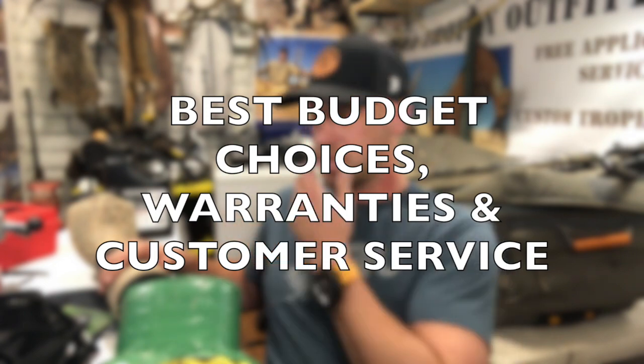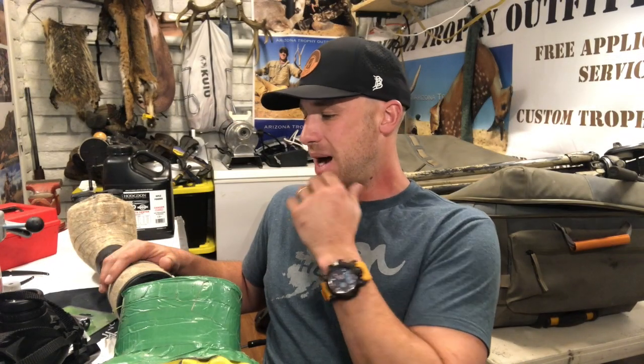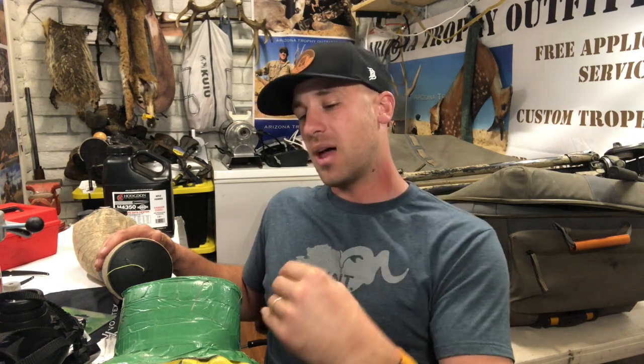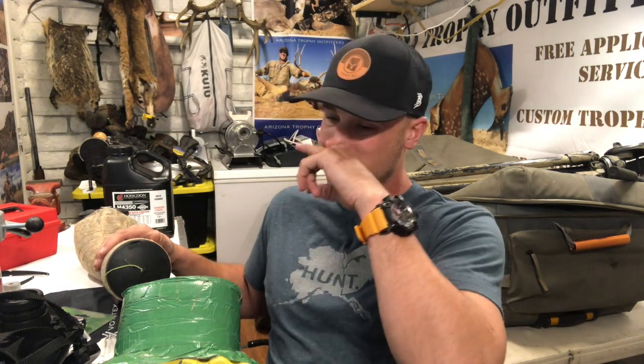Most everything is covered by what's your budget. In my opinion, if you're going to start out, stick within Vortex, get their Viper HD line, or if you can afford it, go with the Razor HD line. Really quality stuff. I don't give a crap about the warranty. I mean, I do, but if we're talking strictly optics,